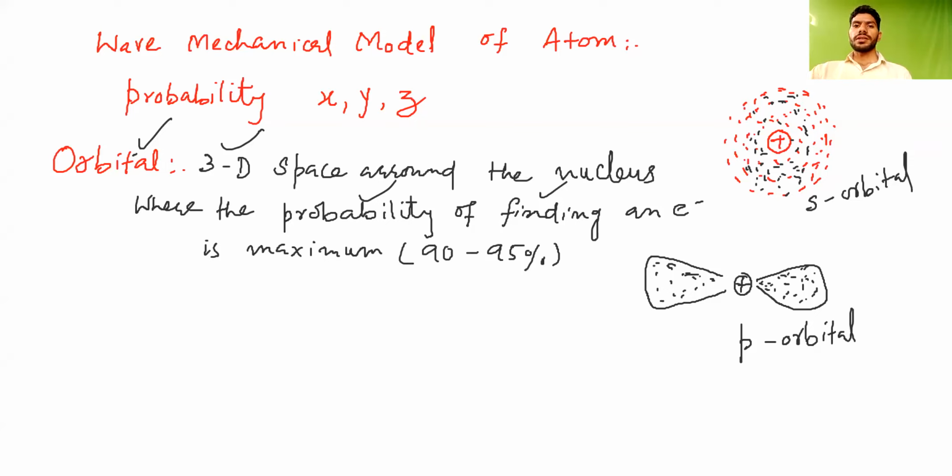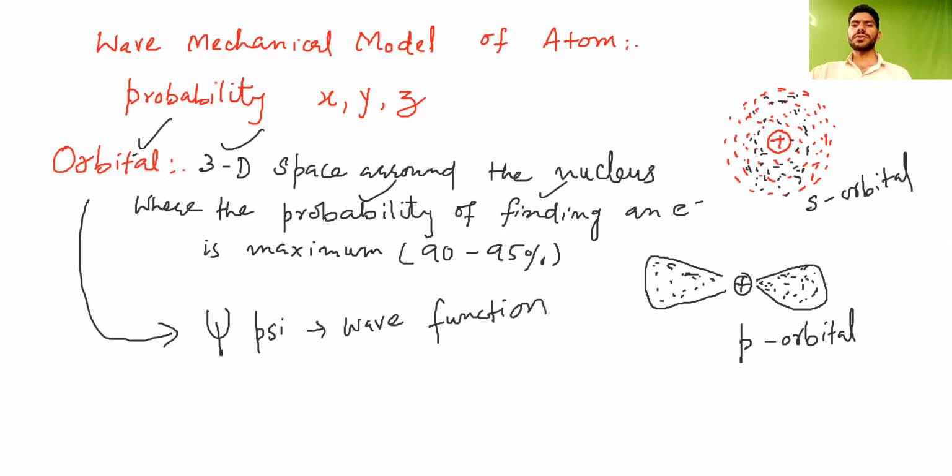Now, this orbital is represented mathematically by the wave function called psi. As I have already told you, in the wave mechanical model of the atom that is Schrödinger's wave equation. This psi is known as the wave function, and it represents the amplitude of the wave. So psi gives you the probability through psi square. I have told you that psi has no physical significance as such, but psi square has. When we take the square of this psi, what does it give?